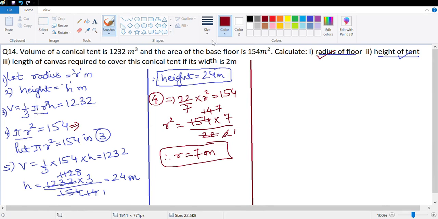Let's look at the last part. Last part is find the length of canvas required to cover this conical tent if the width is 2 meter. So there is a canvas, the width of which is 2 meter, the length we don't know. So we need to calculate the length which will cover this conical tent completely, which means we are looking at the curved surface area. Yeah, because the base will not get covered, it's a conical tent, so we are not covering the base. So curved surface area